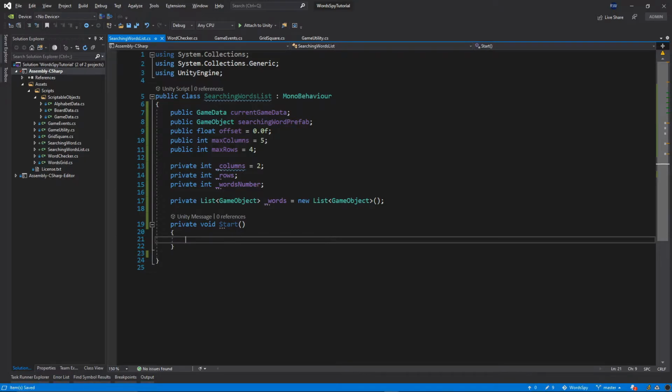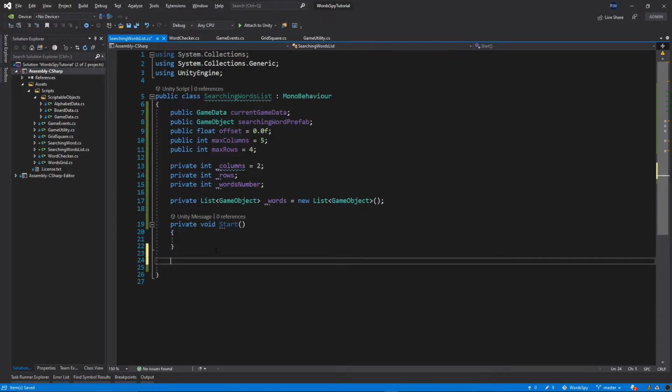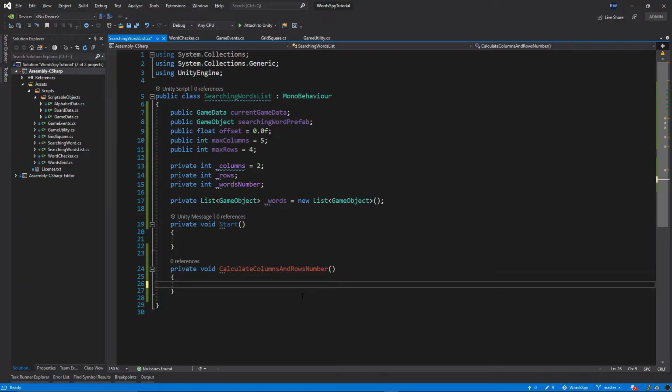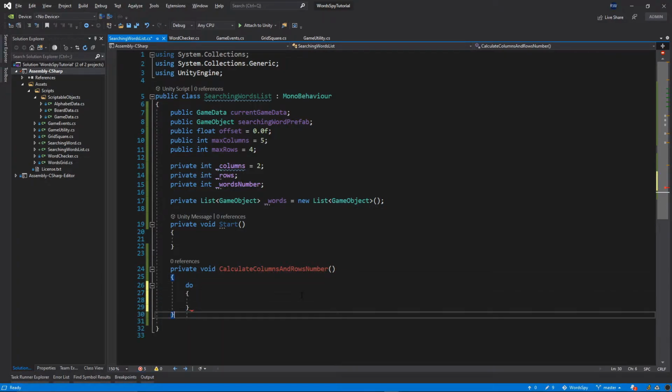So first of all, let's start from implementing a few of the functions. So the first function we will need is to calculate the columns and the rows number. So we want to calculate the numbers of the columns and the rows based on the numbers of the searching words we have. So below the start method I will add the private void calculate columns and row numbers. Let's put do, and then let's put the while,